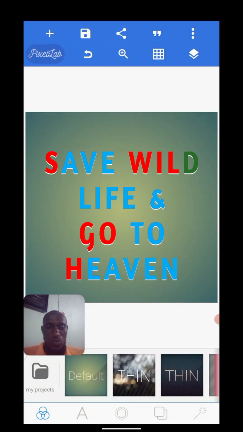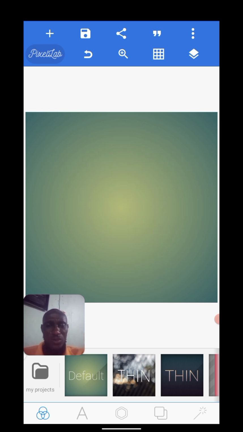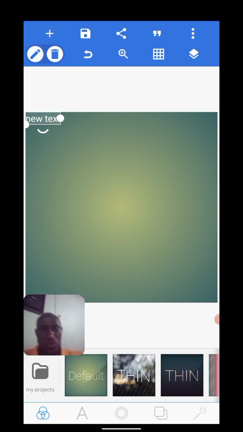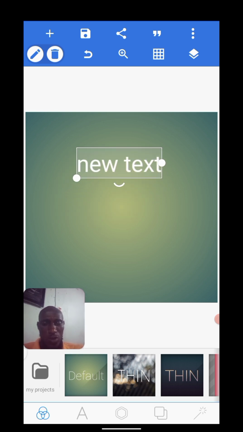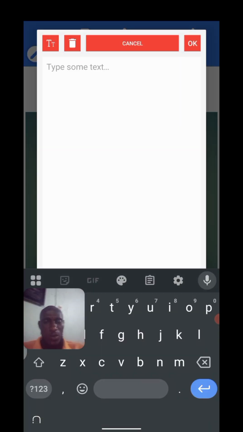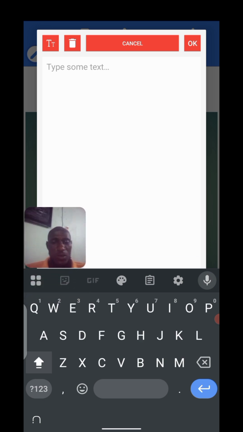Let's dive in. So guys, ensure to launch the PixelLab app. I'll leave the link in the description so that you can download the app from the Play Store. It's free. Once you have launched the app, click on this plus at the top left. I'll be showing you how to design a logo. It's just like a text, but you can also use it as a logo the way that you're going to design it. So let's say you want to write